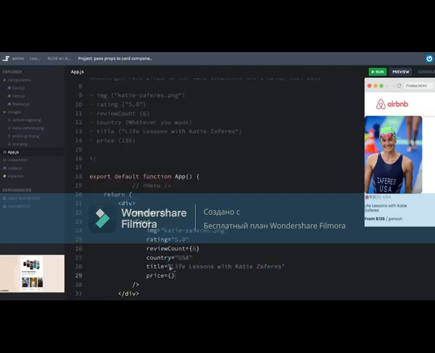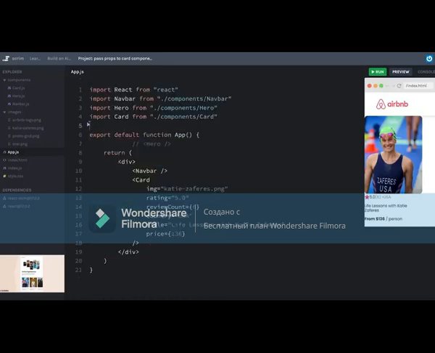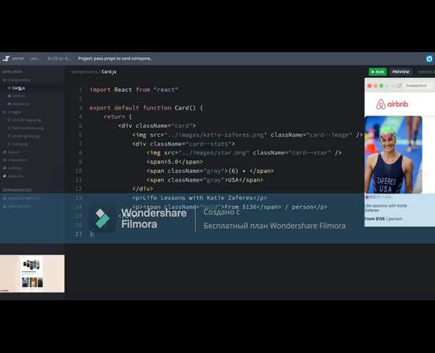And the price I'm going to send in as a number. We'll say 136. In this case, I don't think it makes a huge difference because I'm not going to be doing any math on this number probably, but what the heck, just for good practice. Okay, I can clean up this challenge, but I do need to now go to my card component,